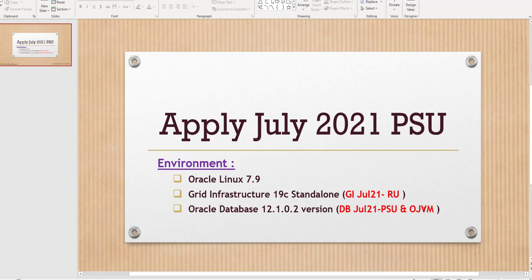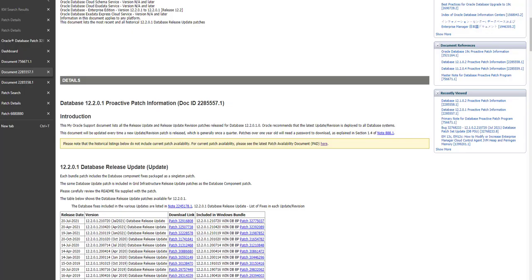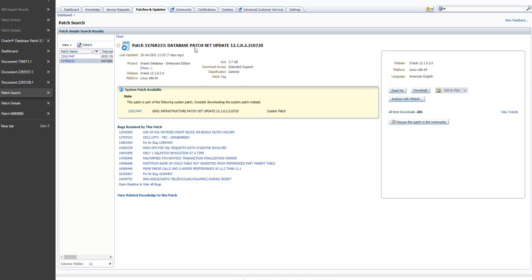Having said this, I'm going to take you through the download process. To download, you need to go to support.oracle.com. When you go there, you will find this page, where you search for the patch number, which is the database Patch Set Update (PSU).